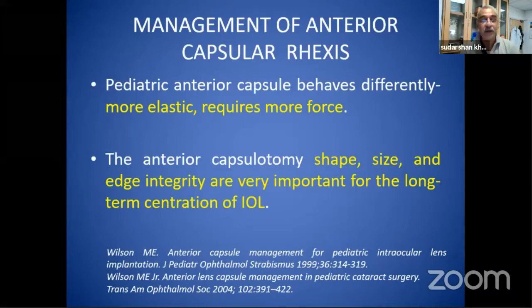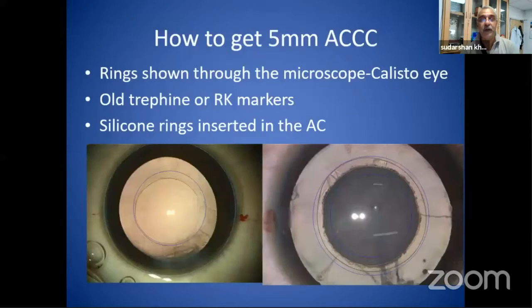So the shape of the anterior rhexis in the pediatric or soft cataract is important, because if it is bigger, the lenses will come out of the bag and get captured and cause more havoc. Especially in the younger age group, when the power is still changing and the lens bag changes, you're in trouble. So you have to get a 5 mm rhexis. That is the standard. How do you decide 5 mm? What you see on the cornea is not the same as what you get in the middle. There's a magnification factor of 1.25. You can use ultrafine marking on the surface, or you can use high-end microscopes like the Callisto, which can project and help you do it.